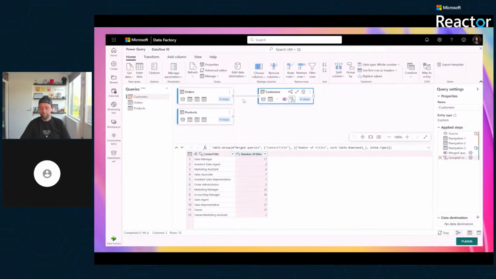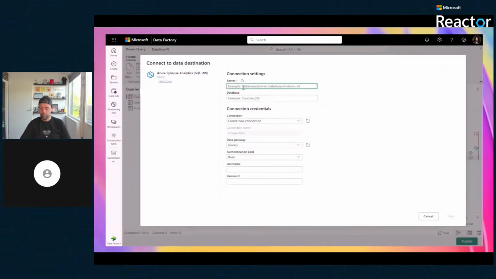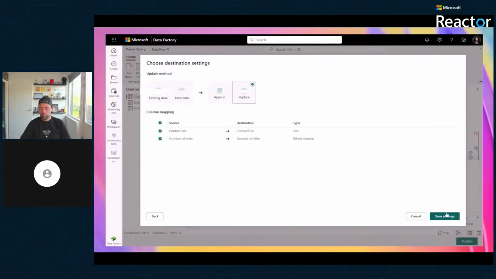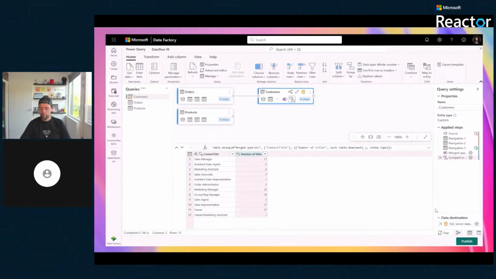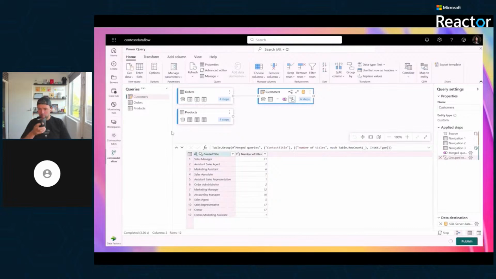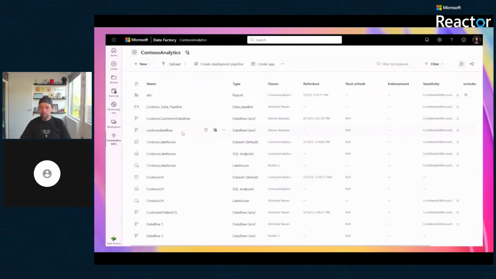With data flows, you can set your output destination to store your transformed data. In this example, I will write the results to a table in a data warehouse. Let's put in the server and connection credentials to my data warehouse. I will choose a destination target and give the table a name. I will leave the default as replace, essentially meaning that any tables with the same name will be replaced in my warehouse. I will quickly rename my data flow to Contoso Data Flow, and then I can publish it. And with that, my data